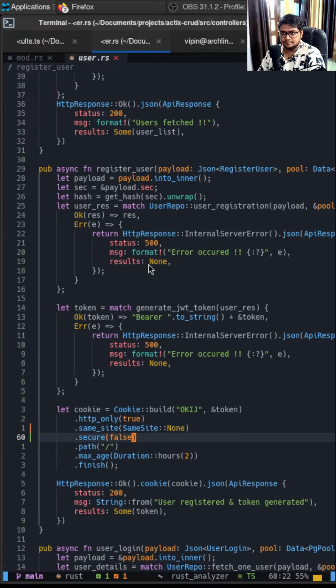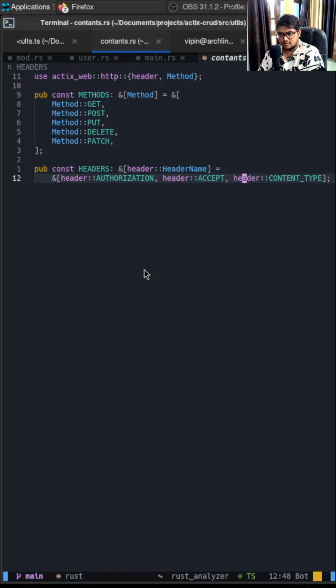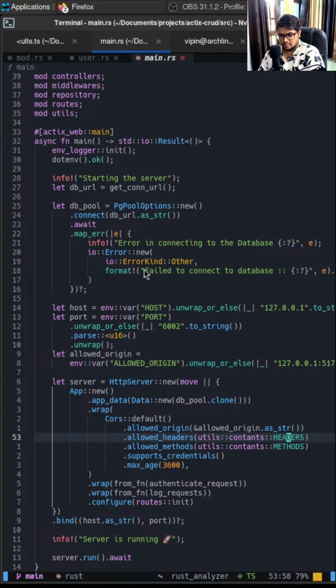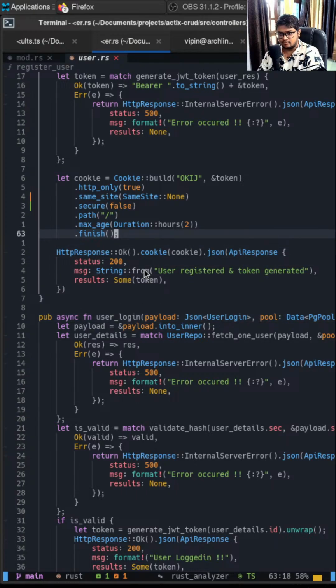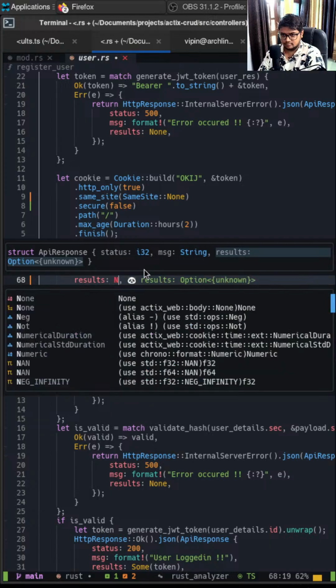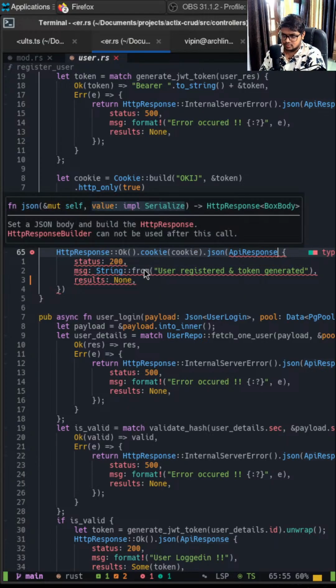Okay. If I go here, I did a support credentials as well. On the headers, I did this: authorization, accept, content type. All right. I'm getting an error, so I think I need to do